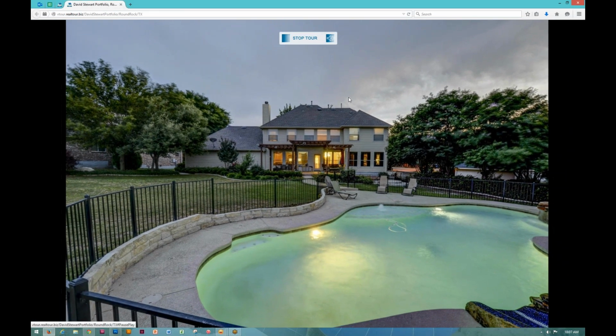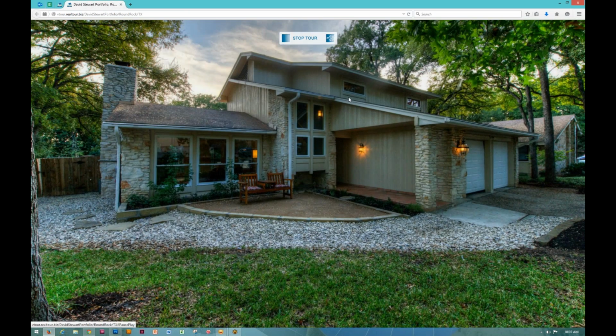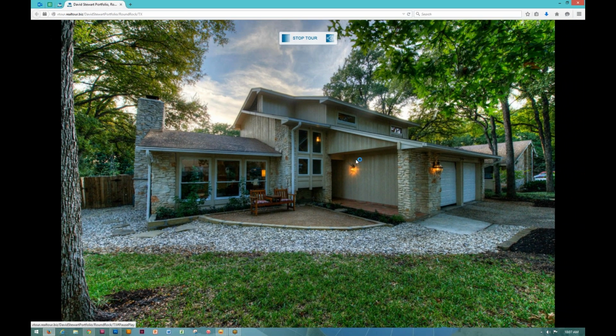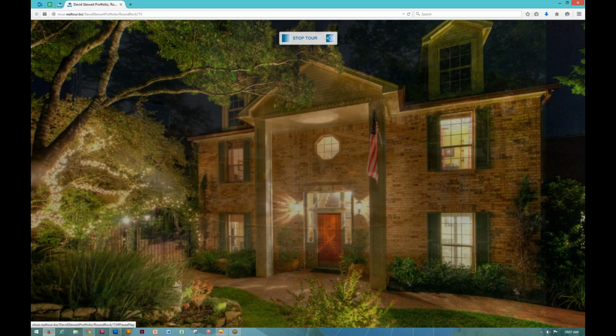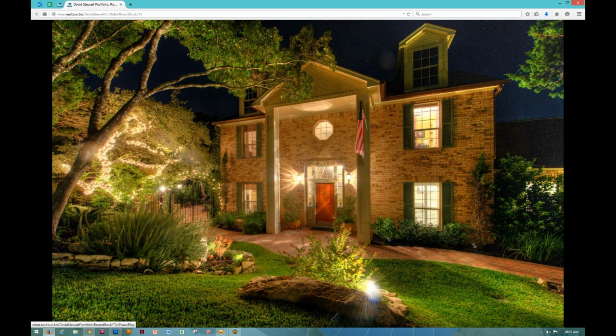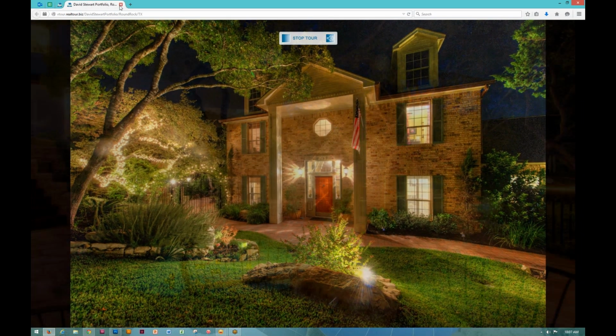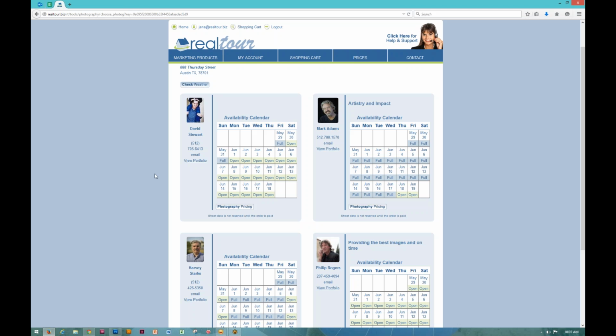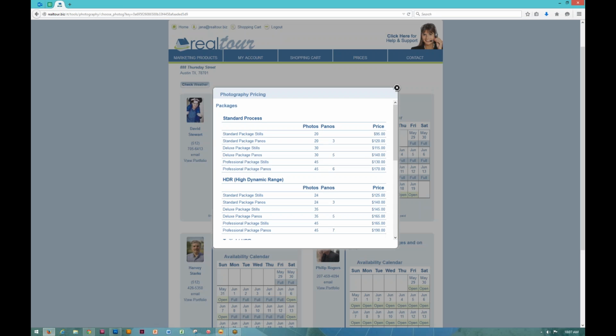Anyway, so these are the portfolios, and we will do another session where we show you guys how to make your own portfolio. What our guys are doing, they're just making a virtual tour of their own photography and using that as their portfolios. And we'll do another session, a shorter one that shows you how to do that. So I can view all their portfolios. I can click on photography pricing, take a look at the packages that they offer and the pricing that they